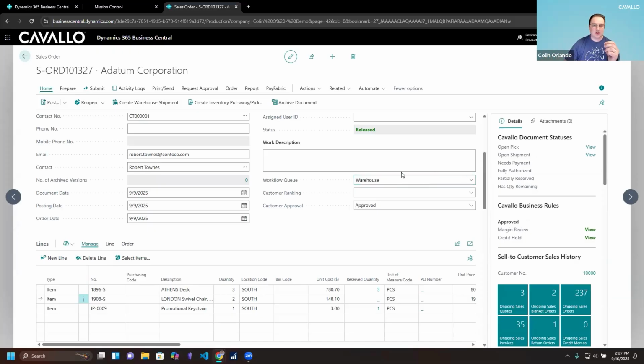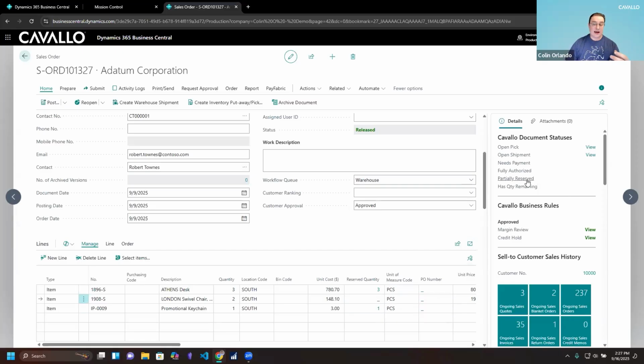So now, as a CSR or a sales rep, I can go into the system and confidently say, Mr. Customer, my document is currently sitting in the warehouse queue. I see it's got an open pick and ship, meaning that we haven't actually picked the document yet. But we also have a partial reserve and has quantity remaining status, which indicates to me there might be a back order. So we're going to still handle that for you and continue that conversation from there. Make it more of an educated and proactive conversation from a customer service lens.